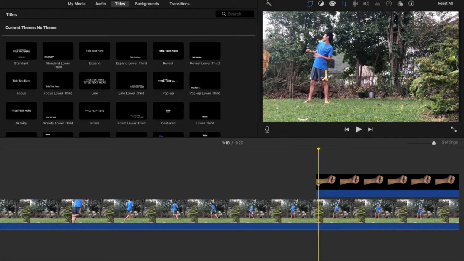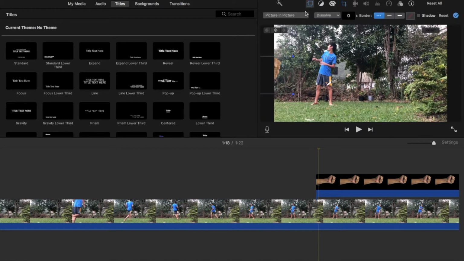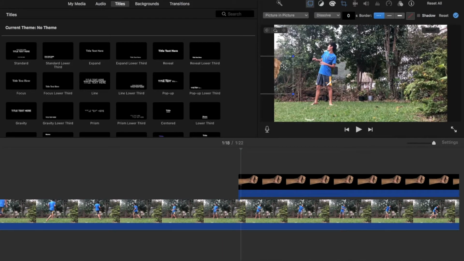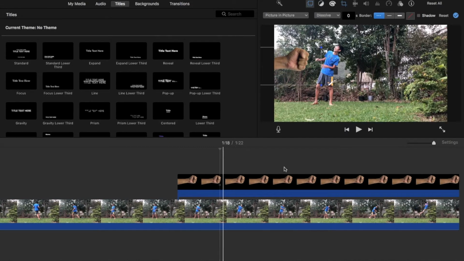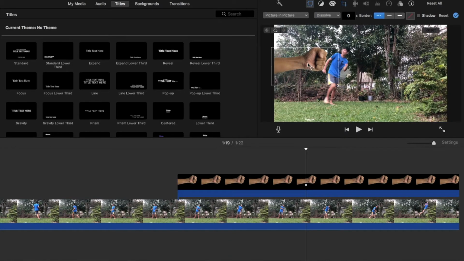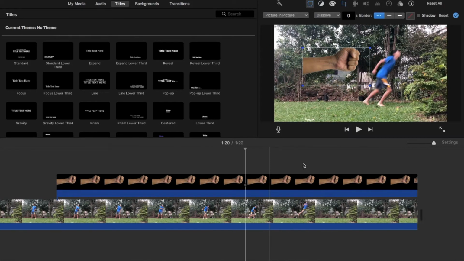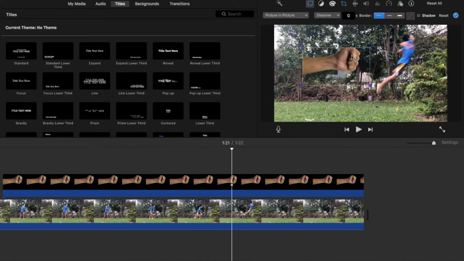Now, once you're in picture in picture, you're going to see this little diamond where my cursor is. Click that, then hit spacebar, and stop it after a little. Then make your first move or drag it to where you want it to be moved. Then hit spacebar again, then move your image again. So just spacebar, move your image, until you want your